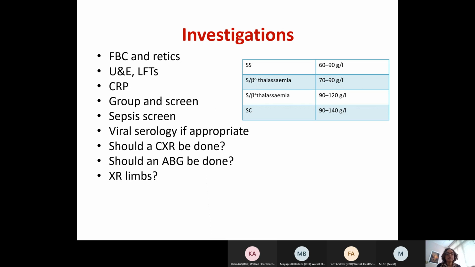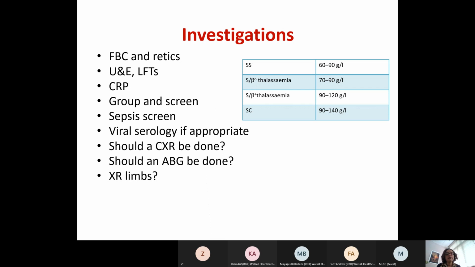And one question we ask is, should a chest X-ray be done? One of my young patients has had about 62 chest X-rays in her time, and I think it should only be done if you're worried about a chest sign. So if there are no chest features and normal saturations, then it is completely unnecessary. And likewise,